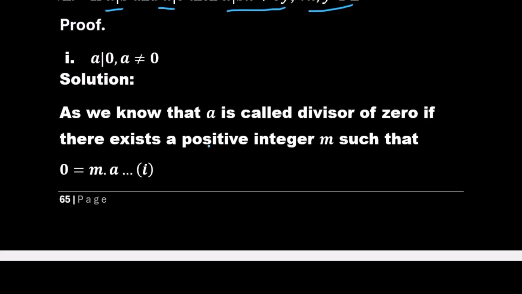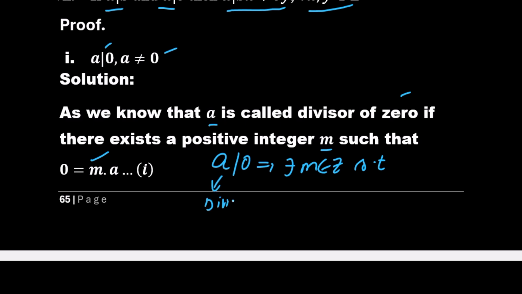In the first property, we have to show that a divides 0, where a is non-zero. Firstly, I am writing the definition. As we know, a is called a divisor of 0 if there exists an integer m such that 0 is equal to m times a. Now you have to remember the definition from both sides that I discussed above. A divides 0 implies there exists an integer m such that, here a is the divisor,